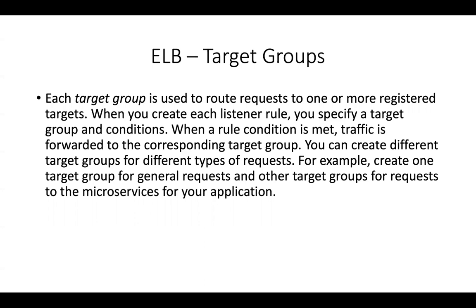So in that way, let's say, for example, one request comes into your load balancer and it says /products. You can specify that based on /products, I'm redirecting my traffic to one of the target groups, which is called the product service target group. In that way, you group your targets into a target group, one or more registered targets which serve a similar purpose.